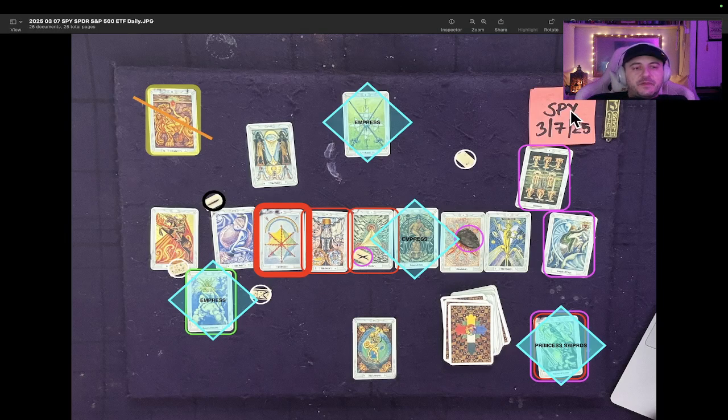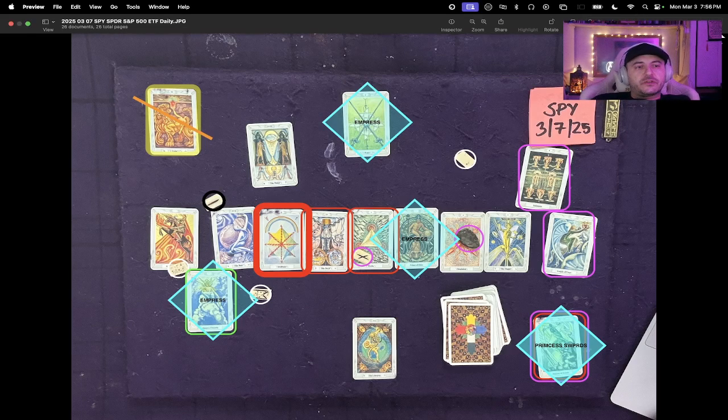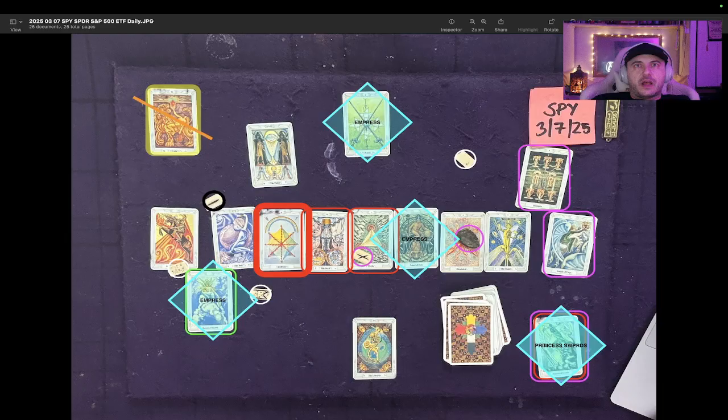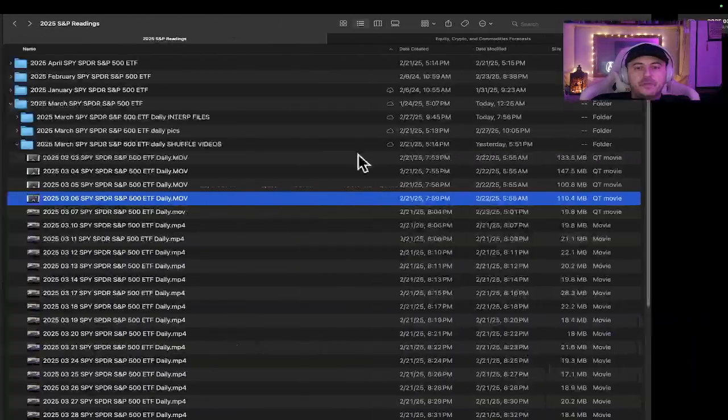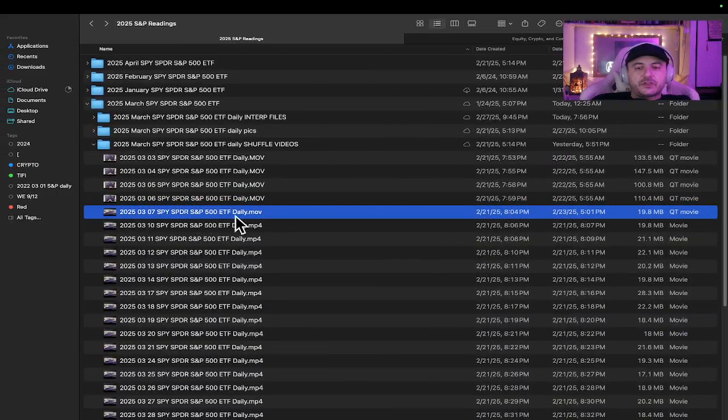This is the S&P 500 Spider ETF SPY one-day reading for March 7th, 2025. It's currently March 3rd, 2025, 7:56 p.m. Eastern Time. SPY at the time of this reading, $583.77. That's USD. And the shuffle video for the March 7th reading was created on February 21st, 2025 at 8:04